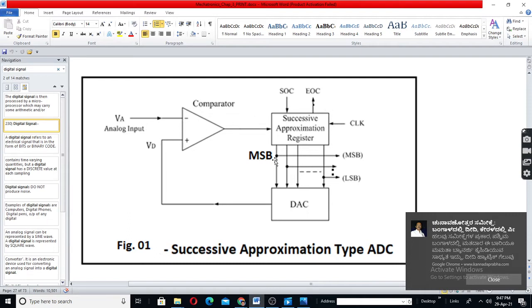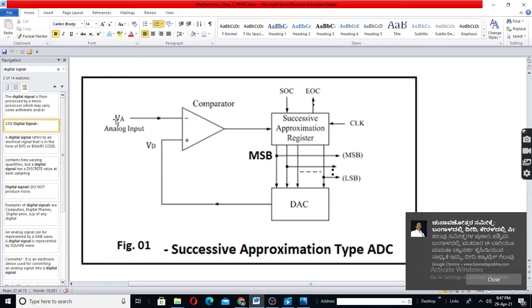Now here the successive approximation register is there. Initially it will reset, meaning everything will be 0 0 0 0. As soon as you give the start of conversion pulse, output of this will be 0 0 0 0. Clock is given to this. Let us take for example a 3-bit counter only, say 0 0 0, output will be 0 volt.